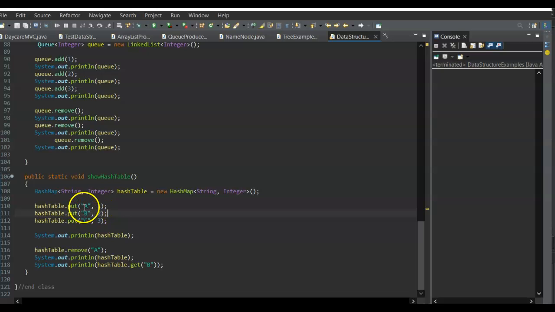So for this example, my keys are the strings A, B, C, and the values are 1, 2, 3, and they're always going to be paired in order. It's kind of like an array, but not really, because each element is associated with a key instead of being associated with indexes. They use similar get methods like an array.